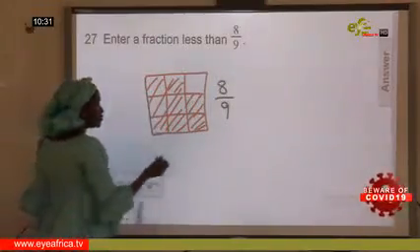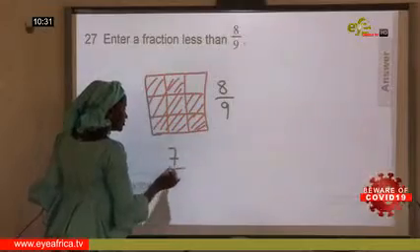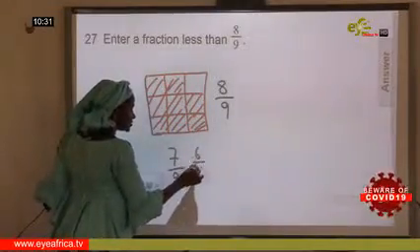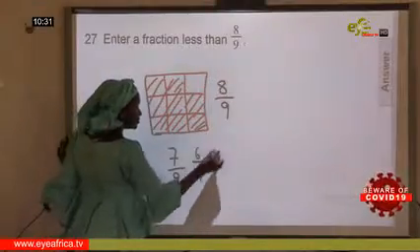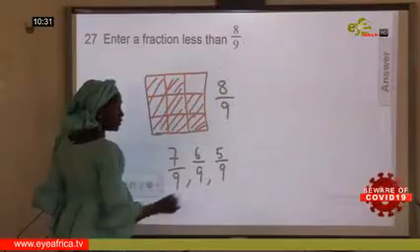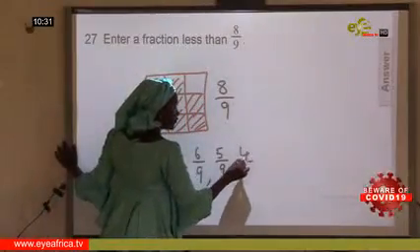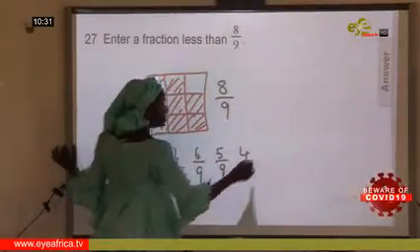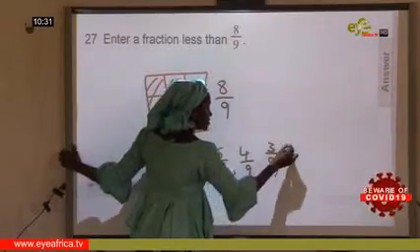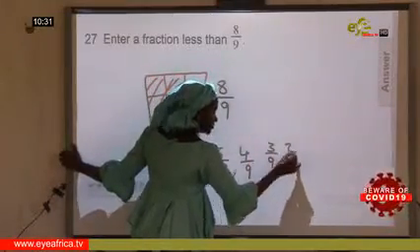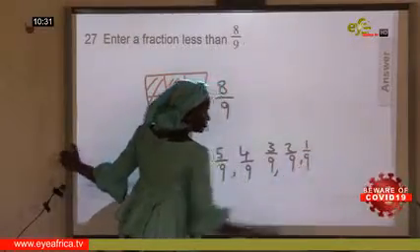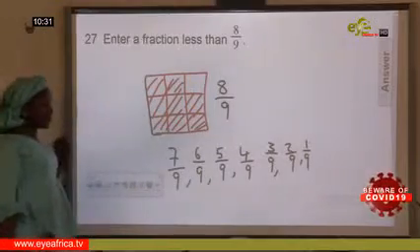It could be 7 ninths, 6 ninths, 5 ninths, the same denominator, 4 ninths, 3 ninths, 2 ninths, and 1 ninth. All these fractions are possibilities